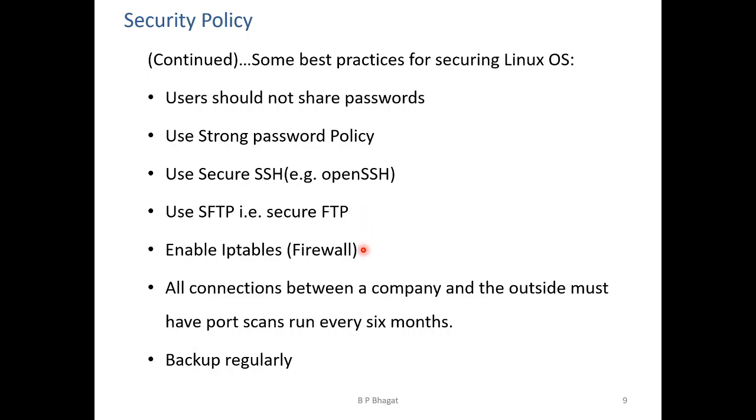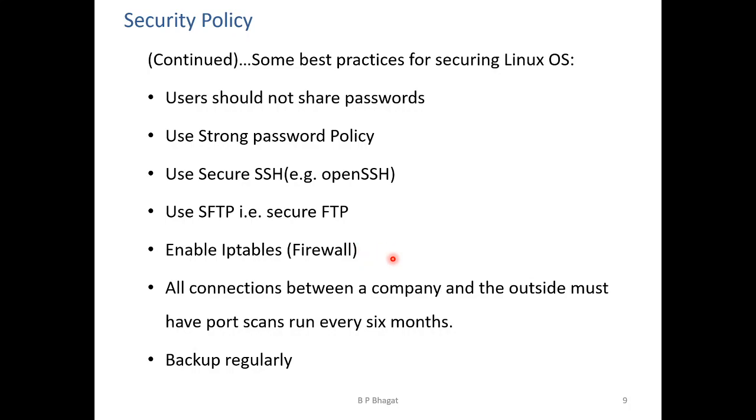Another security best practice is enable iptables, that is the firewall. It is highly recommended to enable the Linux firewall to prevent unauthorized access to the server. To do this, we have to apply rules in iptables. We can filter incoming, outgoing, and forwarding packets.